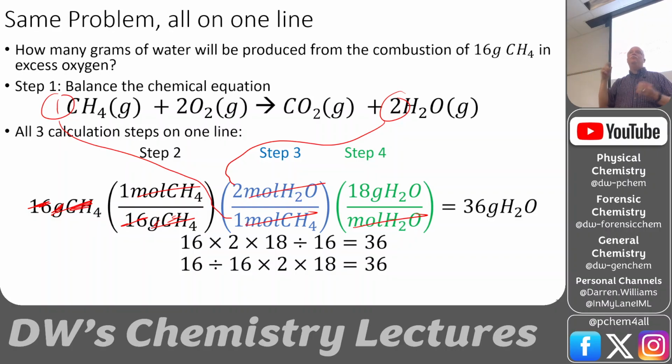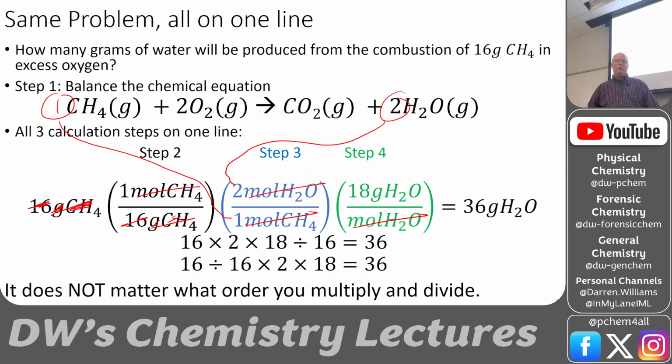The more buttons you push, the more likely you are to screw something up. You try to punch in 1,000 and you double click, and now you got 10,000, or you underclick and you got 100, and you get an answer and it's off by a factor of 10. That's where these errors come from. And that's really sad. It breaks my heart if you do that on a test, because you know what you're doing, but you punch the button too many times. And that has nothing to do with chemistry. That's just dexterity. And so you don't want to have those kinds of things torpedo your points. Okay,